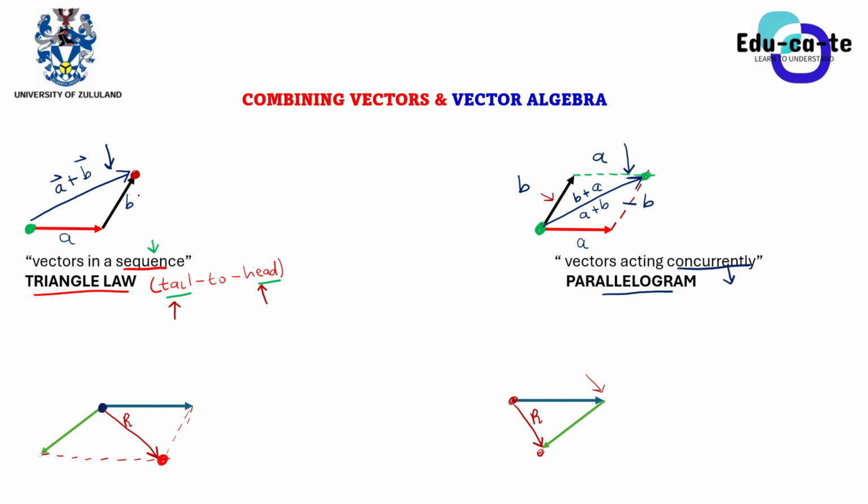But now let us say that A here is given by a magnitude of 3 and B is given by a magnitude of 2. You cannot say that the resultant will be 3 plus 2. No, you are forbidden to do that. Even in this case, let's say this is 4 and this is 5, you cannot say the resultant is 4 plus 5. It is because we've got certain vector algebra laws that we use to add vectors.